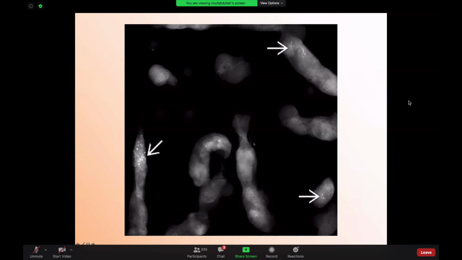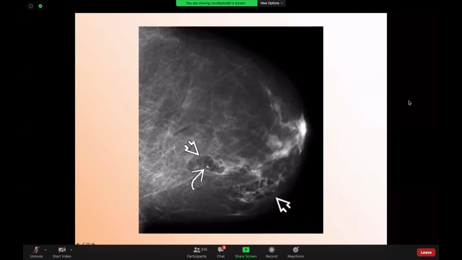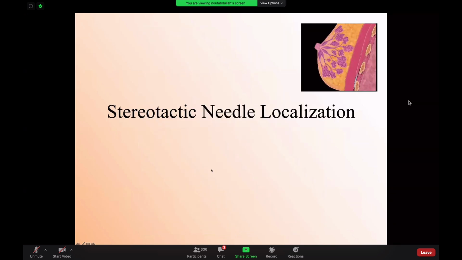This is an X-ray of a biopsy specimen. What's the use of this X-ray? The use is it can tell that when I did the biopsy, I got the microcalcification. So this means that this is a successful biopsy. Once you are done with a stereotactic guided biopsy, you will put a marker, and then you will do a mammogram post-biopsy to know that you have biopsied the microcalcification, and you know that the marker is in a good location at the site of the biopsy.